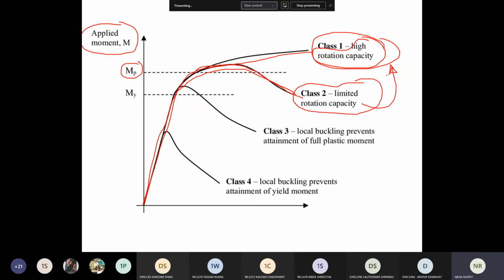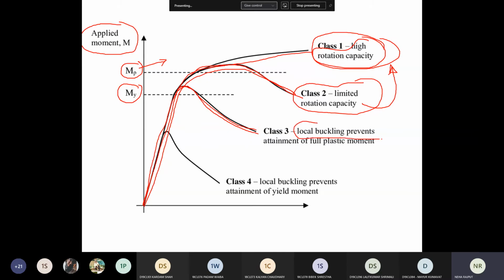Meaning the rotational capacity that is there in class 1 plastic is not there in semi-compact, but it will form the plastic moment and plastic hinges. Then the third one is the compact section where it is not going beyond the plastic limit. So this lies between yielding and plastic.